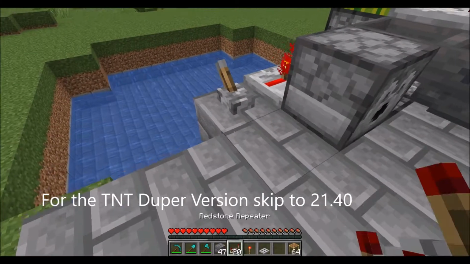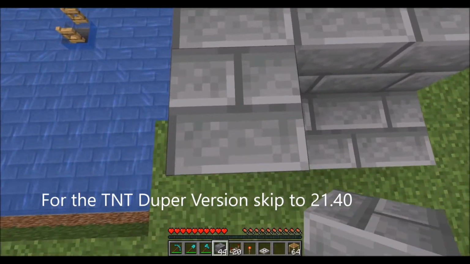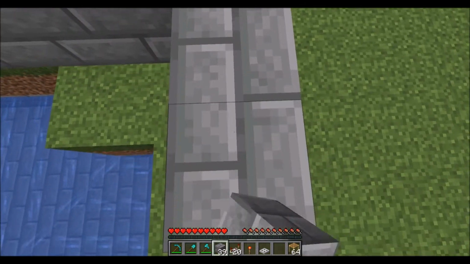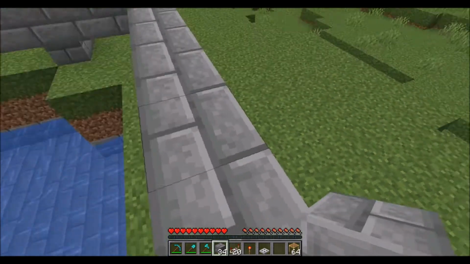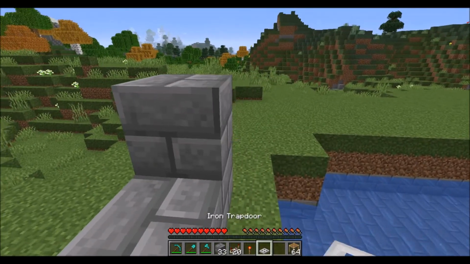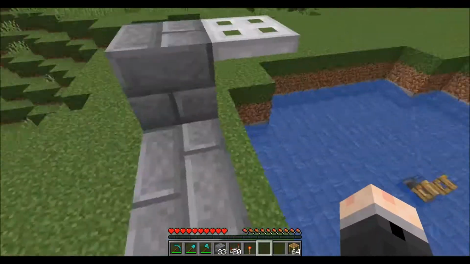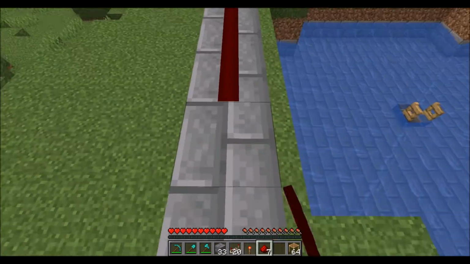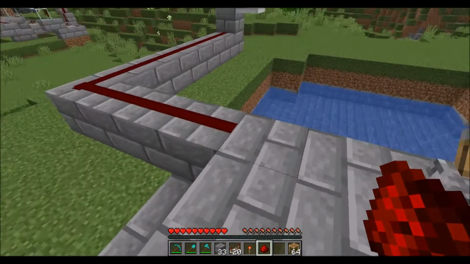So from the lever you want to come 6 out, and then 7, on the 7th one you want to come up, and then we're going to place a trapdoor on the outside facing towards our collection area, and then we will grab our redstone dust and bring it back to the lever, and then we will have